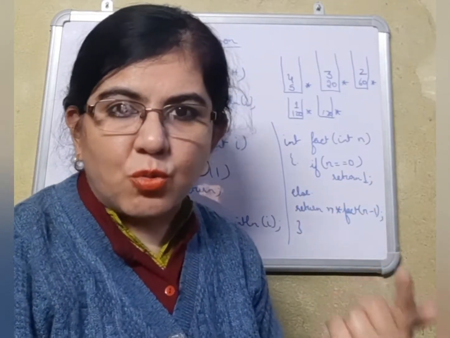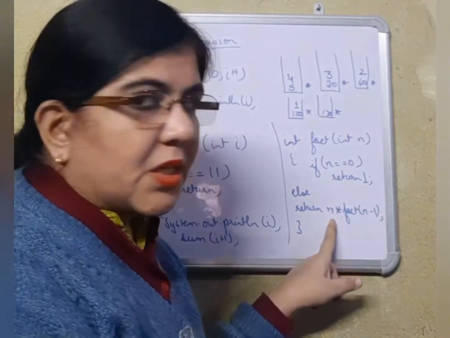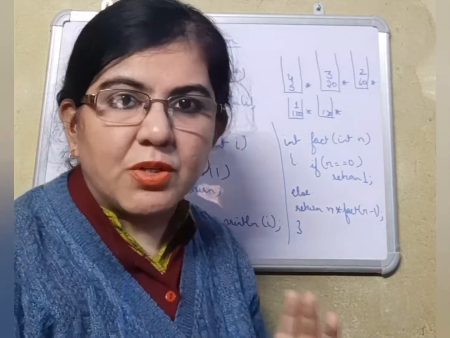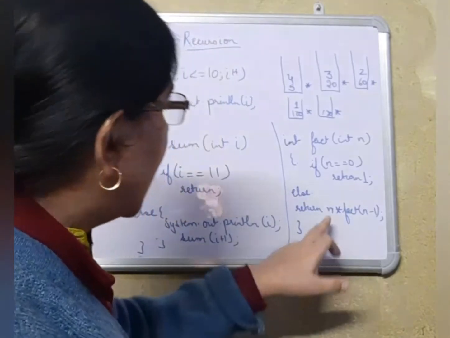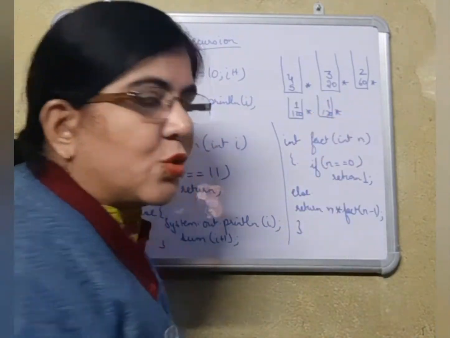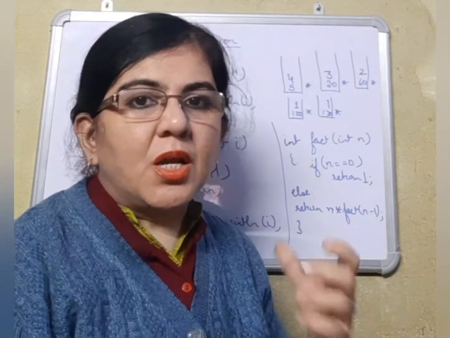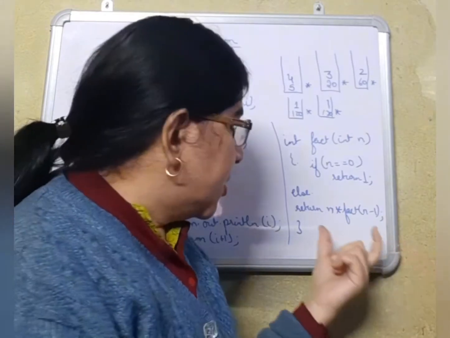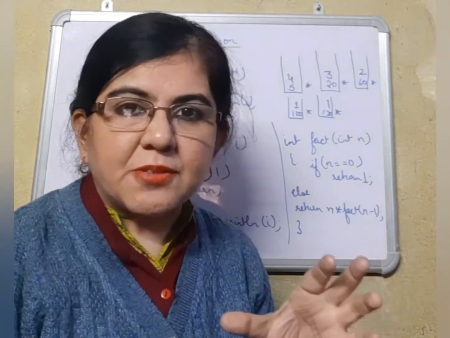Where will this 1 go? This one will go to the recursive case because the recursive case was calling the function. So the answer naturally will go to the recursive case only, where 120 will be multiplied with 1 and finally it will go back to the main function where it was called. So you should know how to make a recursive function.